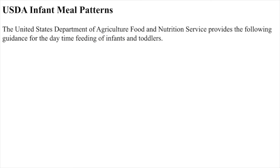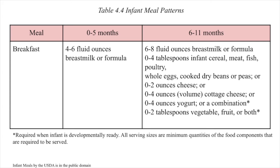The United States Department of Agriculture, Food and Nutrition Service provides the following guidance for the daytime feeding of infants and toddlers. Breakfast for children between 0 to 5 months, 4 to 6 fluid ounces of breast milk or formula. Breakfast for children between 6 to 11 months, 6 to 8 fluid ounces breast milk or formula, 0 to 4 tablespoons infant cereal, meat, fish, poultry, whole eggs, cooked dried beans or peas, or 0 to 2 ounces cheese, or 0 to 4 ounces cottage cheese, or 0 to 4 ounces yogurt, or a combination,